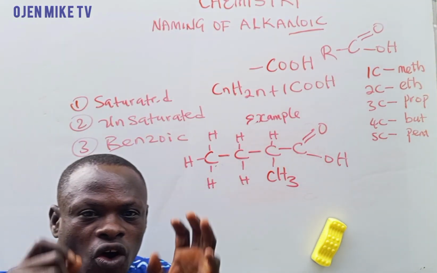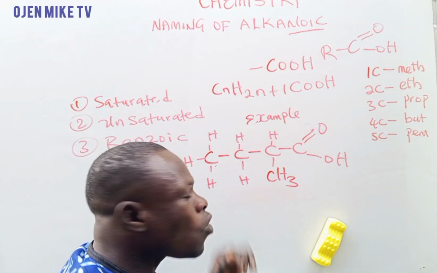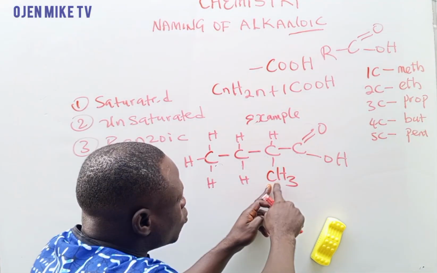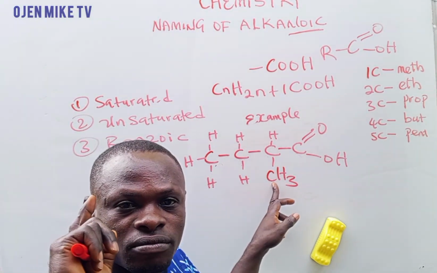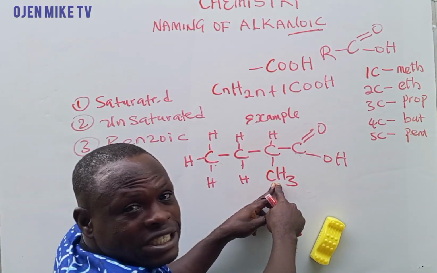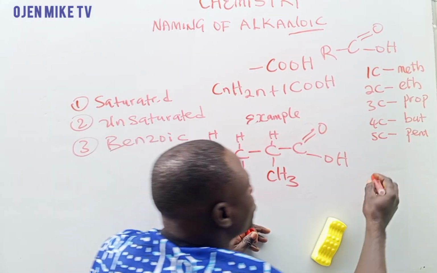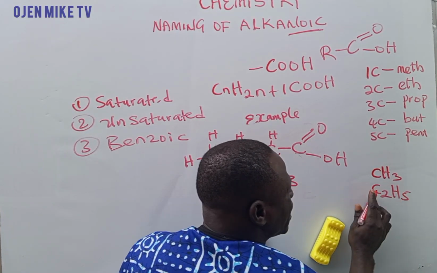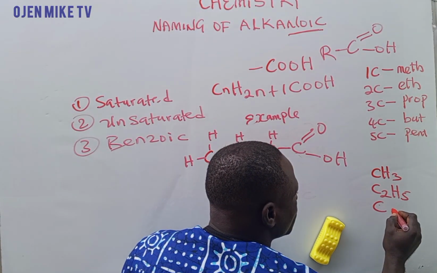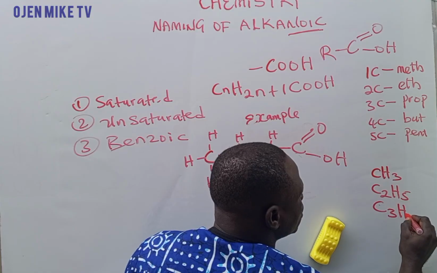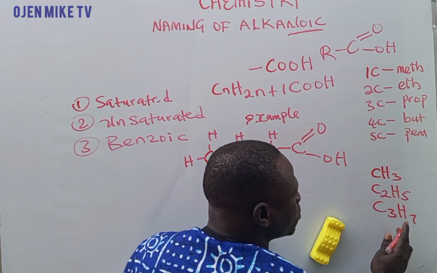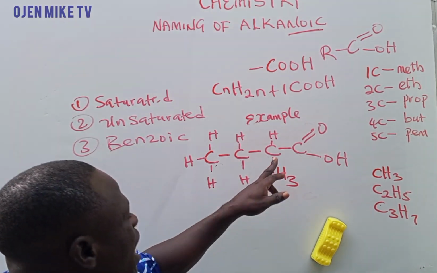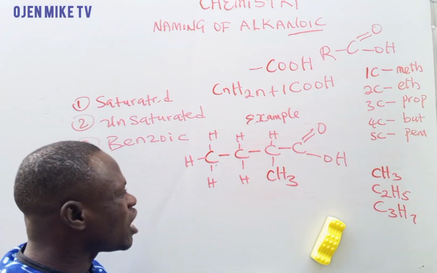This child in organic chemistry is coming from the alkyl group. That is, one carbon atom here is what? It is meth, so it is methyl. Do you get that? Methyl. CH3. C2H5 is ethyl. C3H7 is called what? Propyl. Do you get that? So now when this one is attached to this chain,